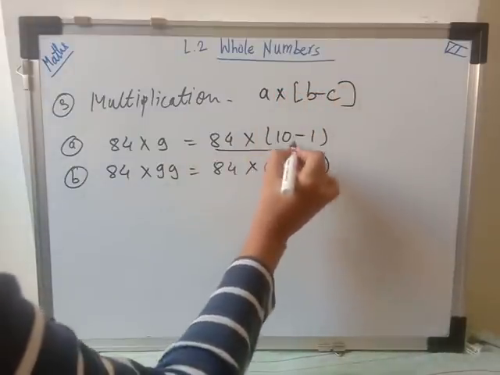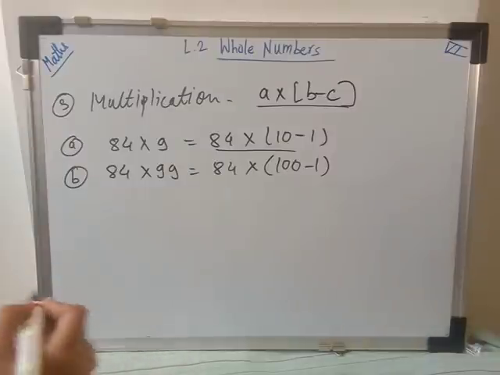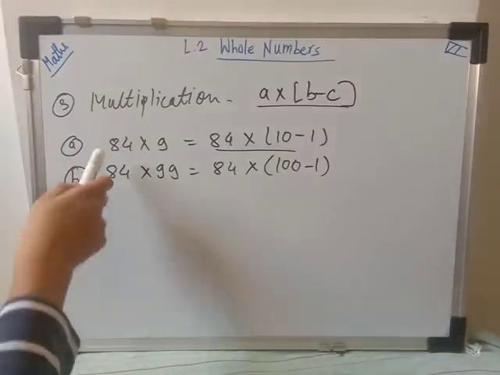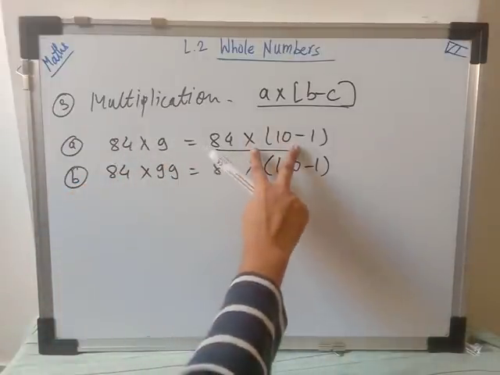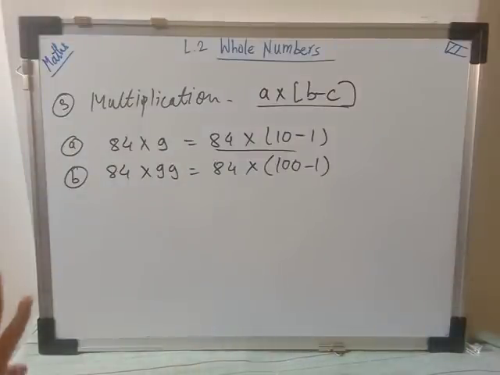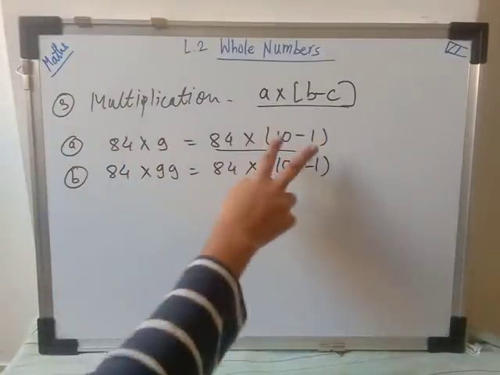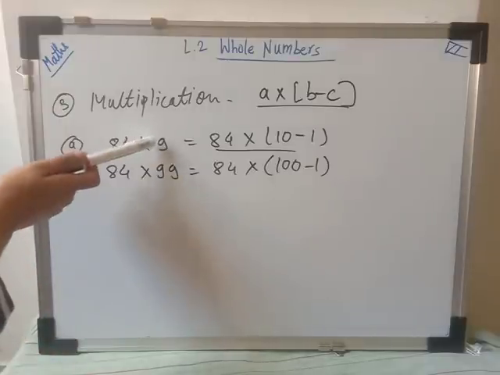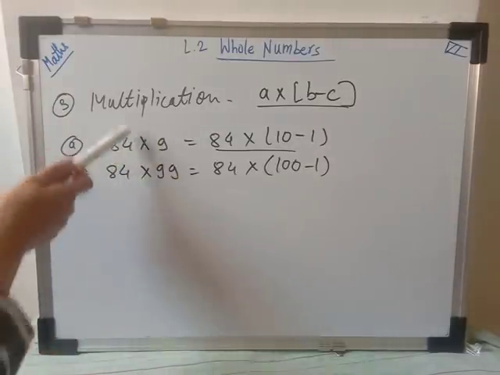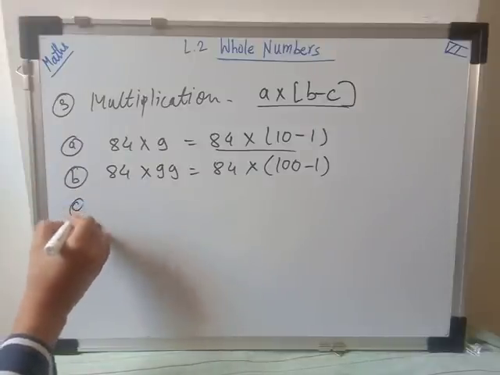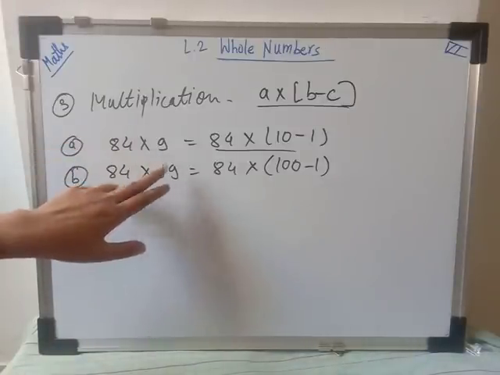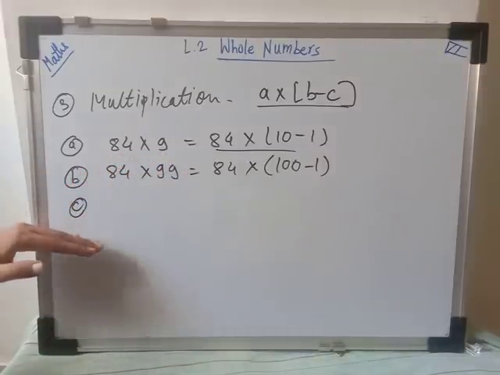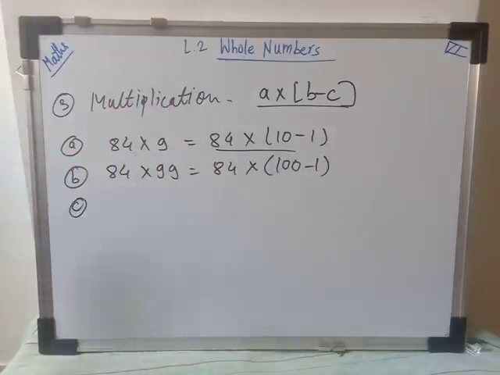See, this pattern is in this form. So here, if you multiply 84 by 9, you will get the answer, and from this also you will get the same answer. If you see this pattern, what they have done here, they have taken 84 as the same number. So if they say, observe these two patterns of the given example and write down the next step of this pattern, how can we write?